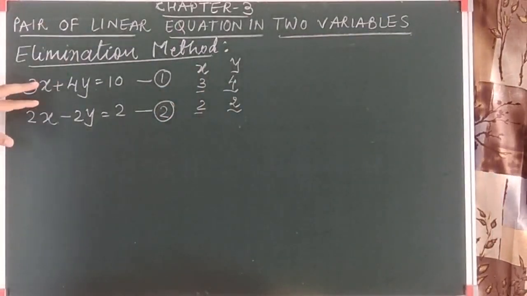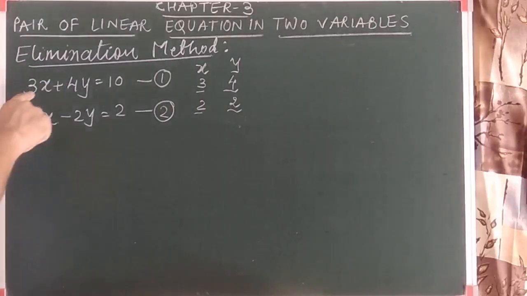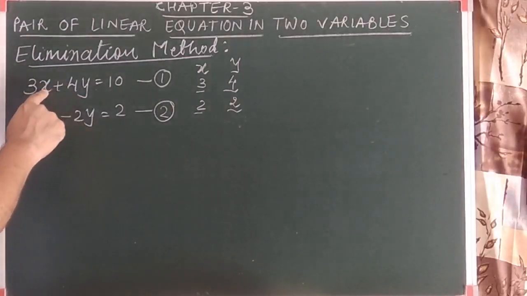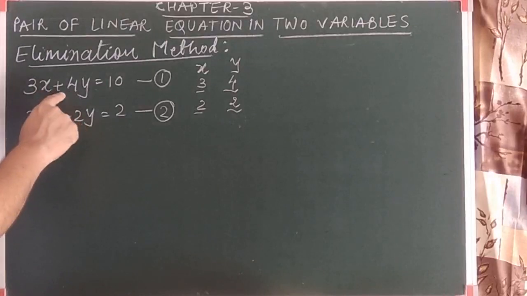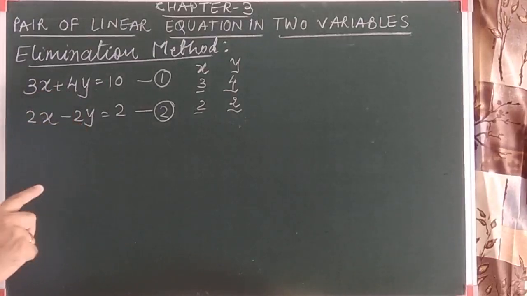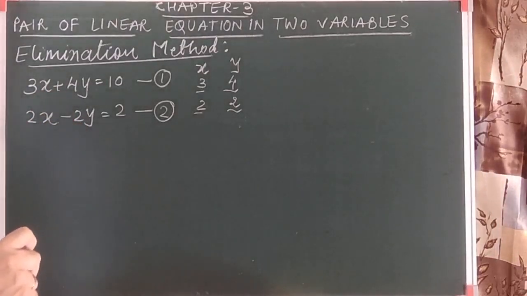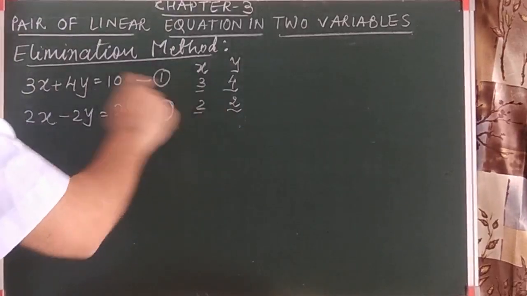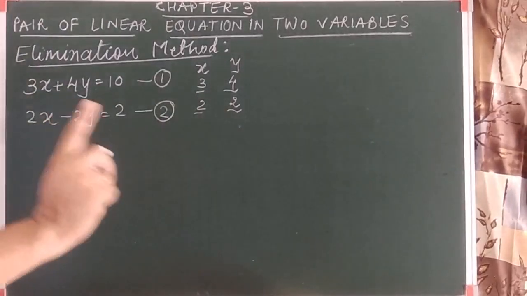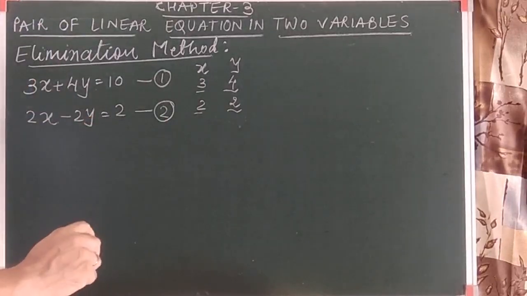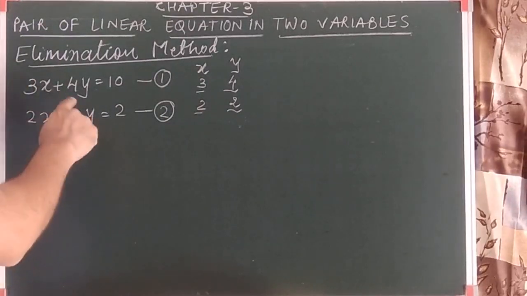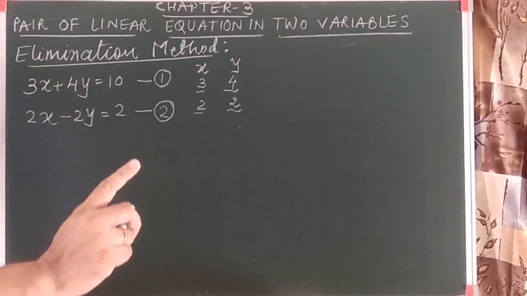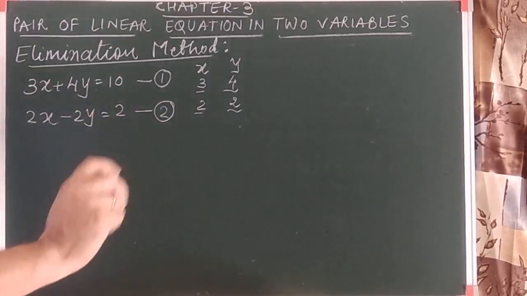अगर दोनों equation में से if one of the variable coefficient is equal, so we can eliminate that variable. दोबारा, अगर दोनों equation में से किसी एक वेरिएबल का कोएफिशिएंट एक दूसरे का additive inverse होता, so it is quite easy to eliminate. But you can see that we don't have this. So what will we do? First step is to make one of the variable's coefficients equal. दोनों में से किसी एक वेरिएबल का कोएफिशिएंट इक्वल बनाना है.